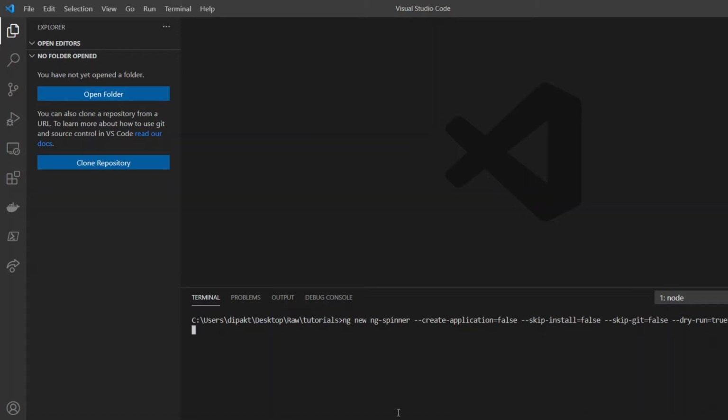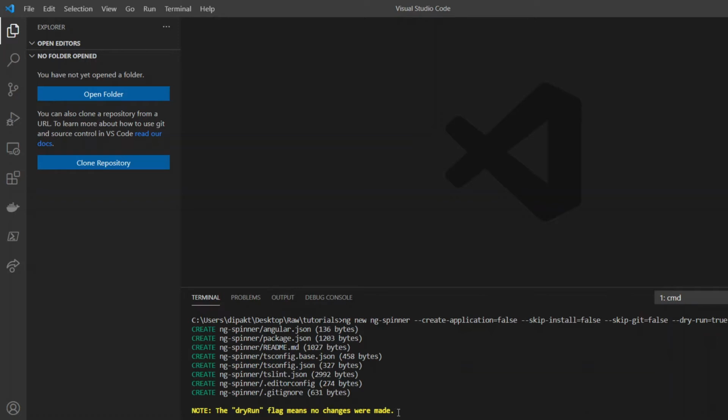So create-application is so that this command should not create any new application, but instead just create a folder structure for our application. Skip-install means we don't want to install any dependency from npm right now. We don't want to initialize this structure as a git repository right now, so we are using skip-git as false.